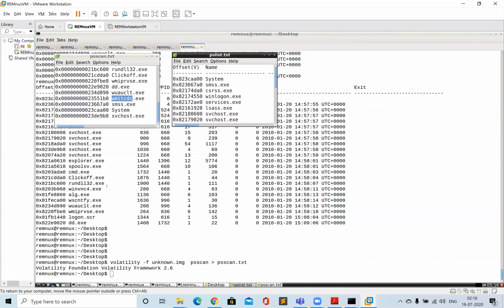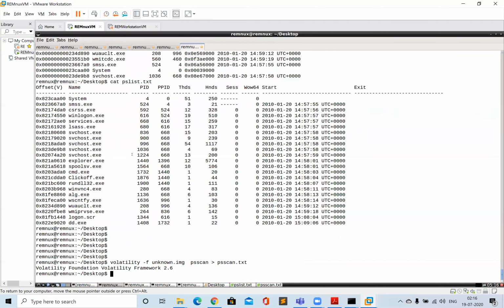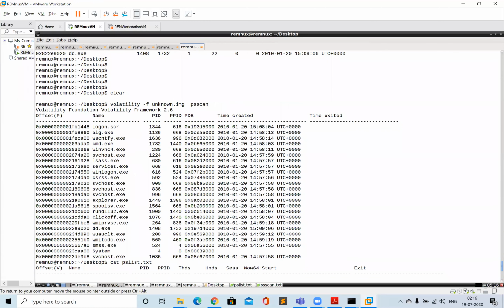So this is the hidden process that is actually running. This one, WMI, is the hidden process that is running in the system. The malware is fooling your Task Manager and your Process Hacker into showing that there is nothing running, but actually the malware is running inside the RAM memory. And you can see the PID, which is 560, and the parent PID is 460. But do you see the 460 over here? I don't see that. No.